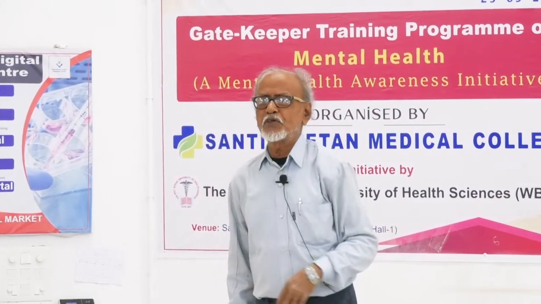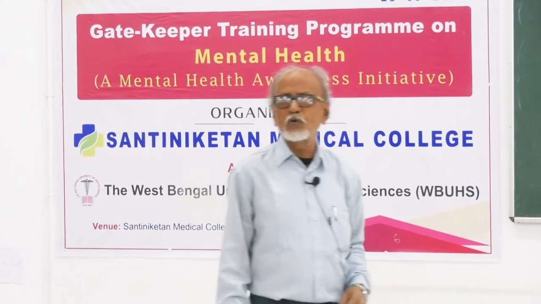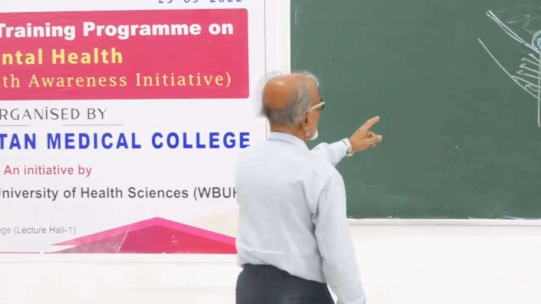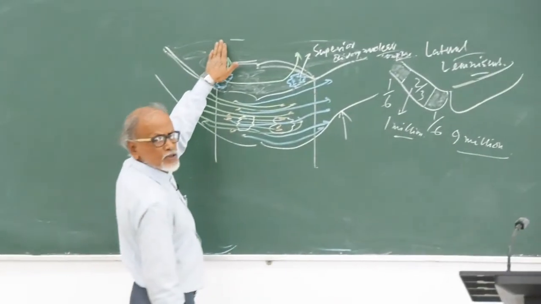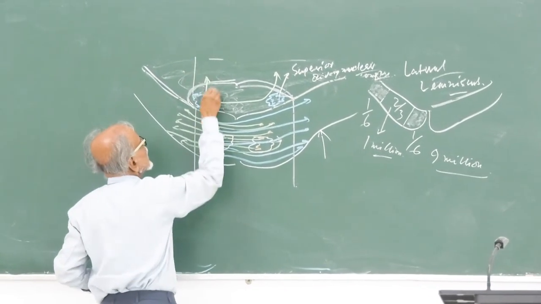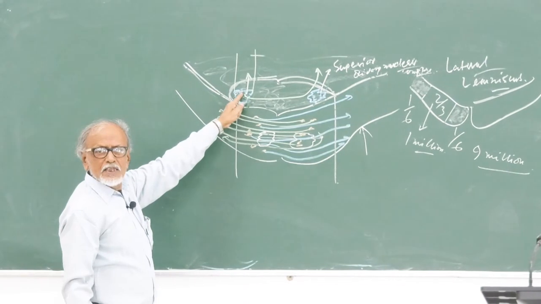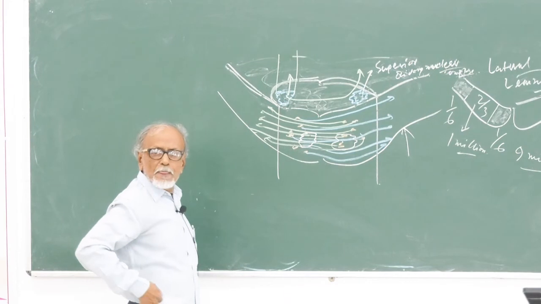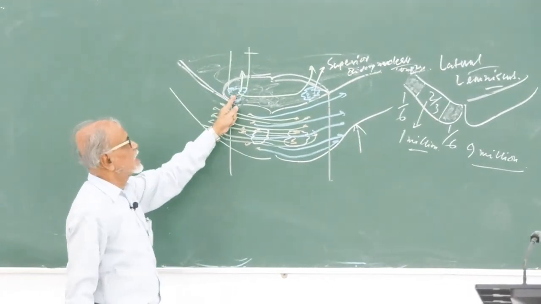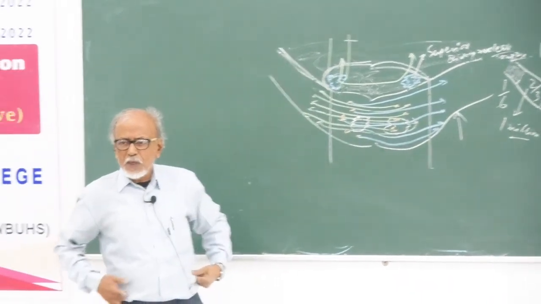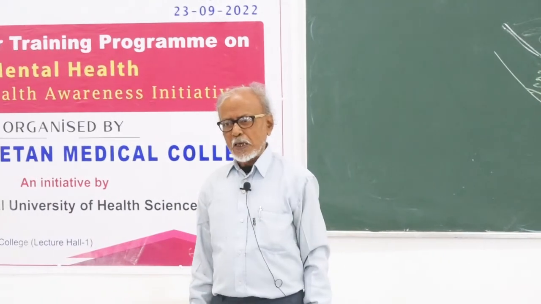বুঝেছো? তাহলে পেরিফেরি থেকে সেন্টারে বাইল্যাটারাল রিপ্রেজেন্টেশন আমি হিয়ারিং ছাড়া আর কোথাও পাবো না। বুঝেছো? তাহলে সেম সাইডের ল্যাটারাল লেমনিসকাস দিয়ে উঠতে পারে, এখান থেকে তো ল্যাটারাল লেমনিসকাসের শুরু। তাহলে এখান থেকে যে ল্যাটারাল লেমনিসকাসের শুরু, সেখানে আমি দেখছি এটা বাঁদিকের কানের ফাইবার্স আছে, কিন্তু বেশিরভাগ ফাইবার্স হচ্ছে ডান। ঠিক আছে, সরি আমি কি বলছি, এটা ডান, ওটা বাঁদিক। তাহলে এই ডান দিকের অলিভারি নিউক্লিয়ার কমপ্লেক্স ডান দিকের কান থেকে ফাইবার্স পাচ্ছে, কিন্তু ডান দিক